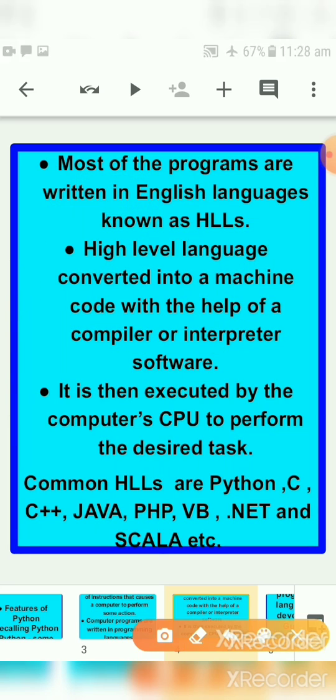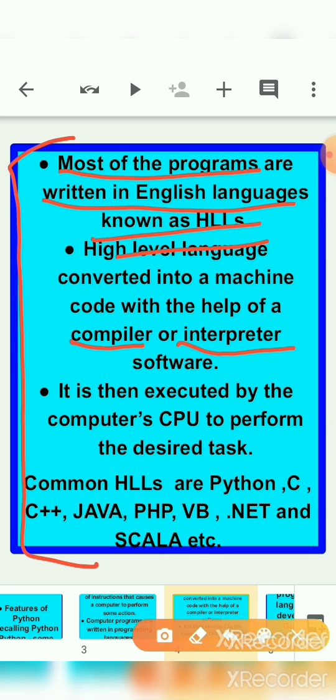See children, two words are there, compiler and interpreter. Now interpreter and compiler both are checking the code. Whatever code you have written in the computer, both are doing the same thing, but the difference is here. Compiler, like let's imagine this is your code. Whatever is written in the slide is our code. Okay, or we can say that coding. So what does the compiler do? Compiler reads each and every line very carefully.